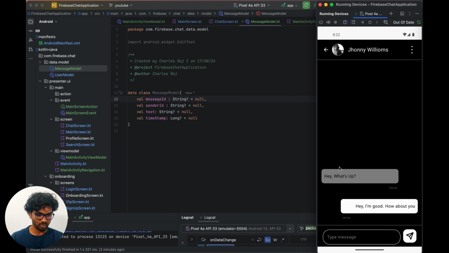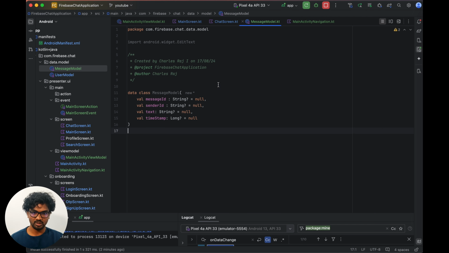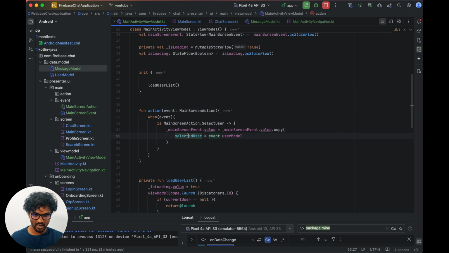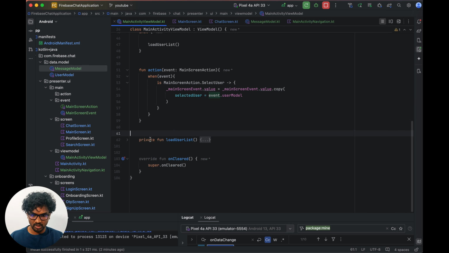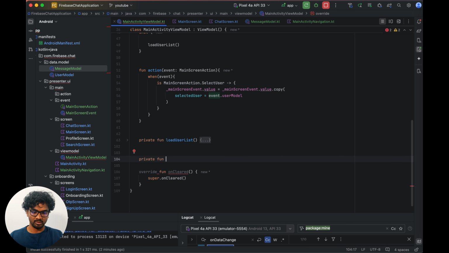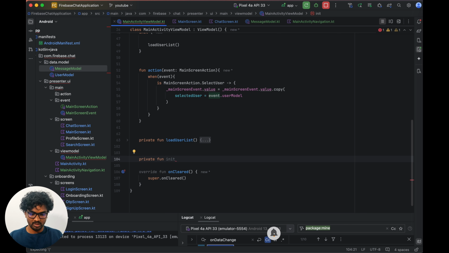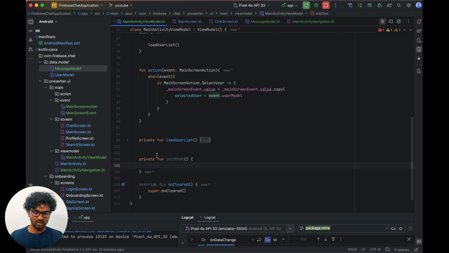So now we are going to process the chat things. First, whenever we are clicking, we have to do another process also. What we want to do is create one chat ID for the particular user and the next selected user. So how we are going to do that: where is this? Okay, so this is the action. So this load one I'll create like that, then private fun initChat. In this initChat,